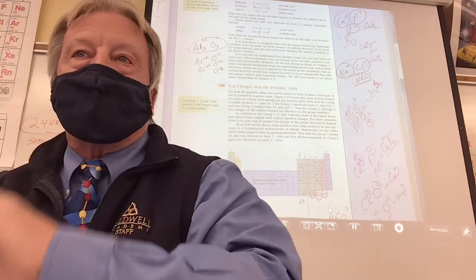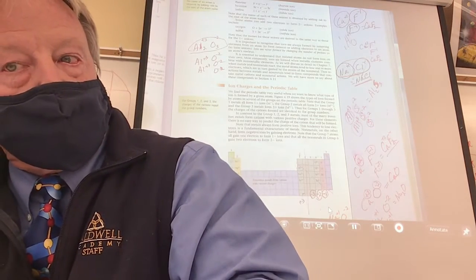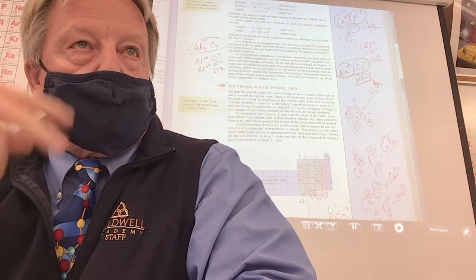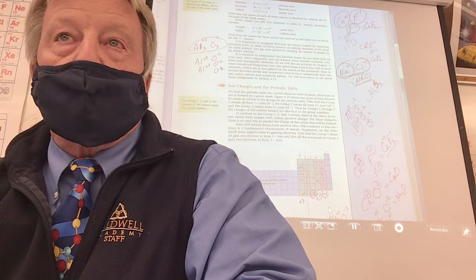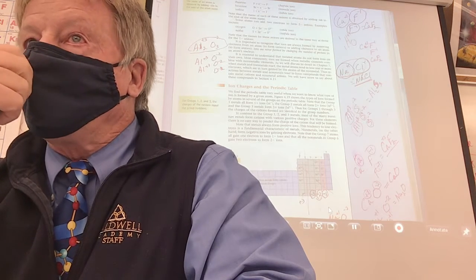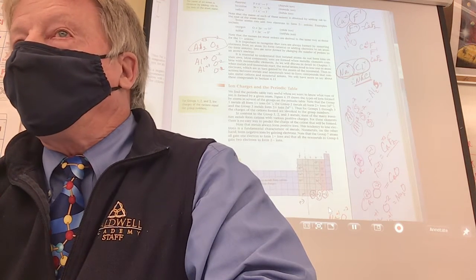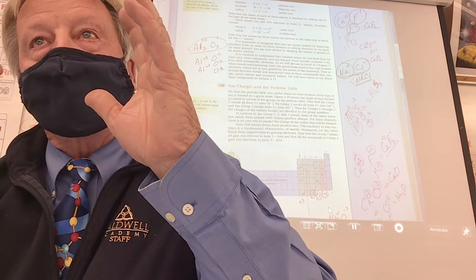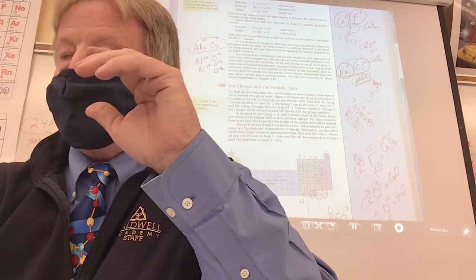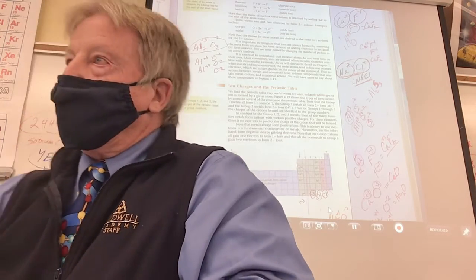Now maybe you remember something in middle school where they talked about how many electrons could be in the first energy level. Do you remember that number? 2. All right, how many in the second level? 8. Now the third can actually hold more than 8, but when you put 8 in it, it acts very special. And let me tell you something that's very ironic, and I don't mean this either.